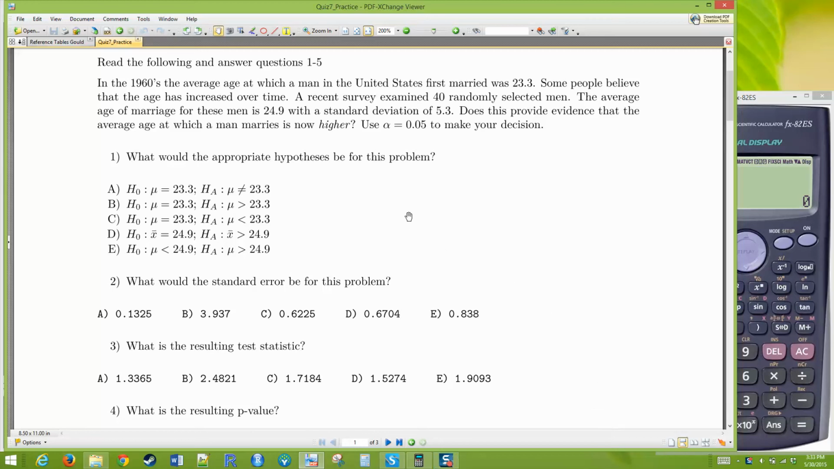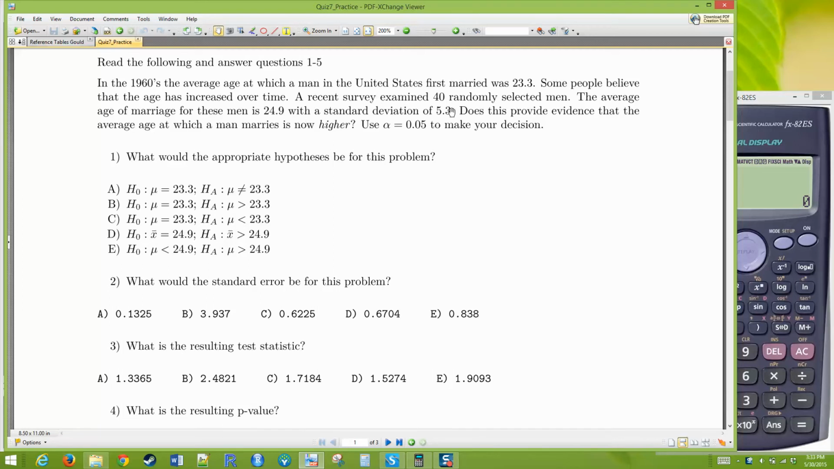Okay, let's work through questions 1 through 5. It says, in the 1960s, the average age at which a man in the United States first married was 23.3. Some people believe that the age has increased over time. A recent study examined 40 randomly selected men. The average age of marriage for these men is